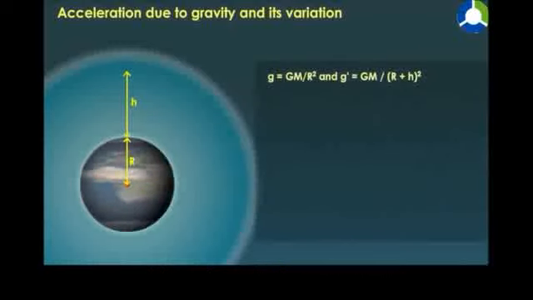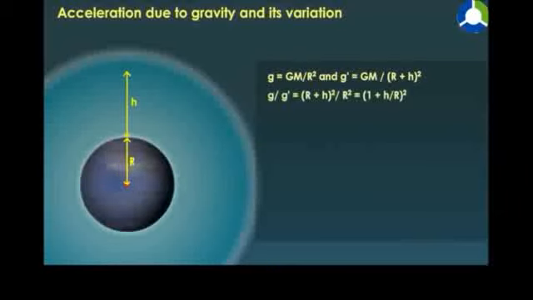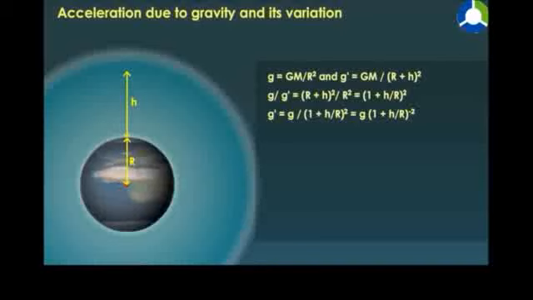g equals GM by R squared and g' equals GM upon (R plus h) whole squared. g by g' equals (R plus h) whole squared upon R squared, equals (1 plus h by R) whole squared. g' equals g by (1 plus h upon R) whole squared, equals g multiplied by (1 plus h by R)